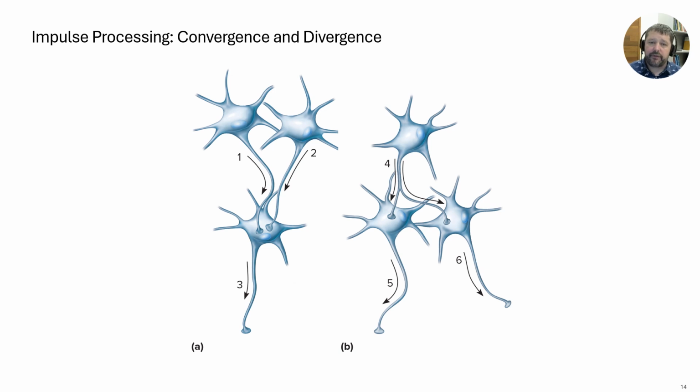So here's just a diagram of that. Okay, convergence, a bunch of neurons converging, right? Their axons and their synaptic knobs are converging on a single neuron. Okay, so a single impulse. Or you have one neuron sending out multiple impulses to multiple nerves, which then can send their own to whatever they're connected to. Could be another neuron, could be a muscle, could be a gland, on and on and on.